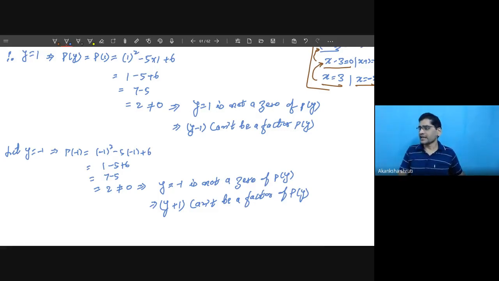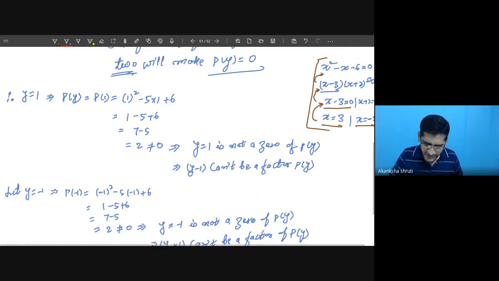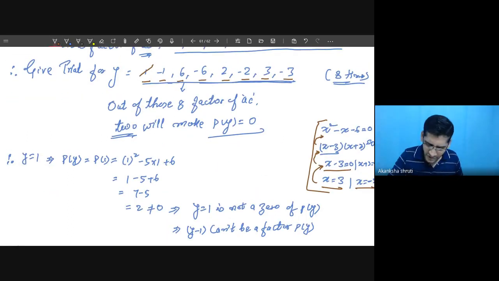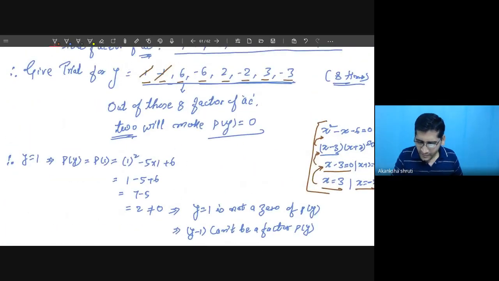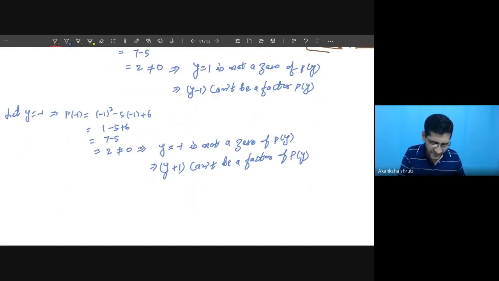If x plus a is a factor, then p of minus a will be equal to 0. That was the factor theorem. So just reverse of that we are going. Student, so this way we have observed even this minus 1 is also not a factor. Now let us try with this minus 2. Let us increase slowly, and 2.